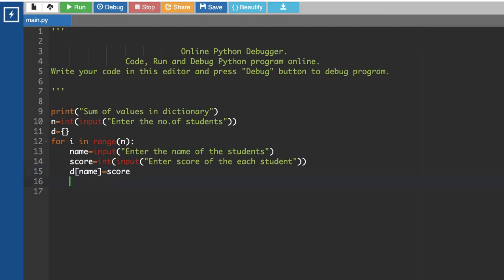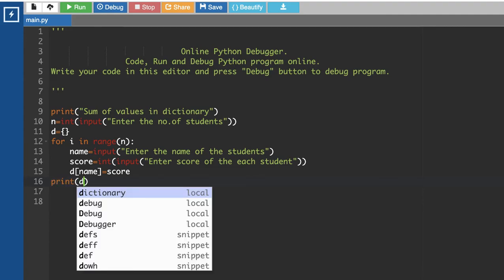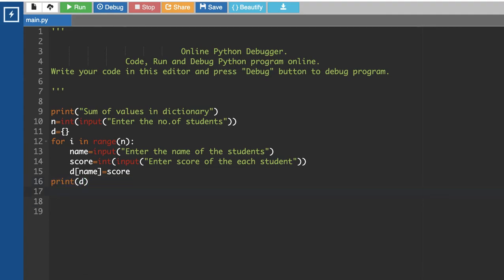This will be repeated till we reach the number of students. After that, if we want to display the dictionary, we can use a print statement.